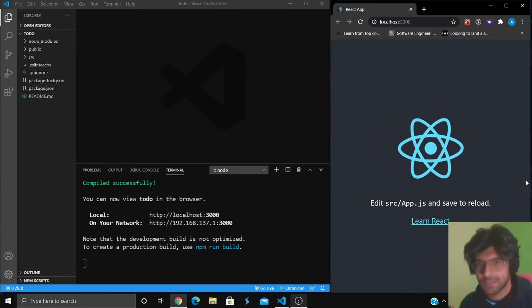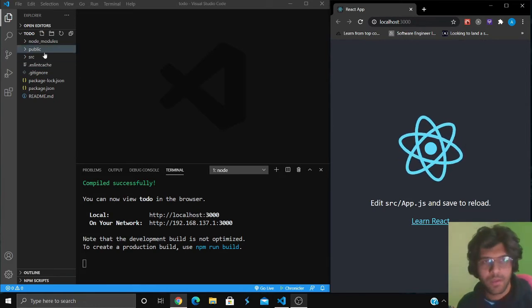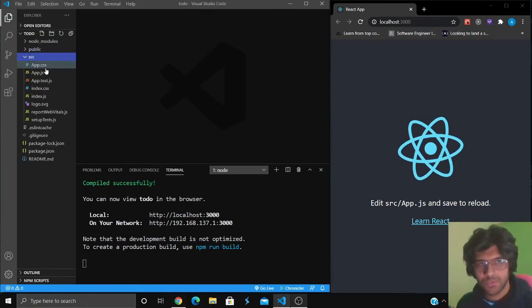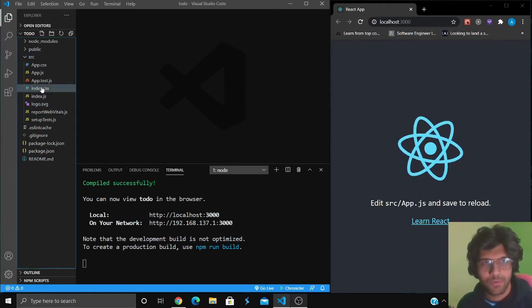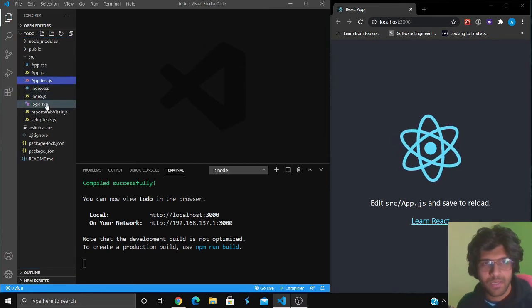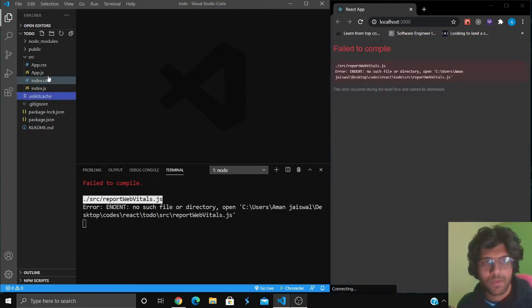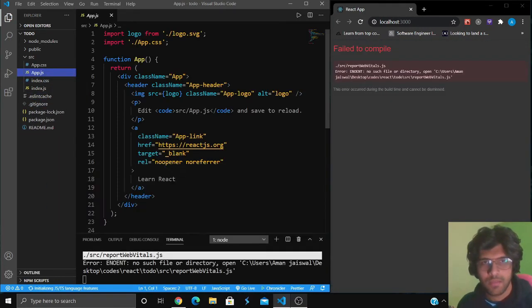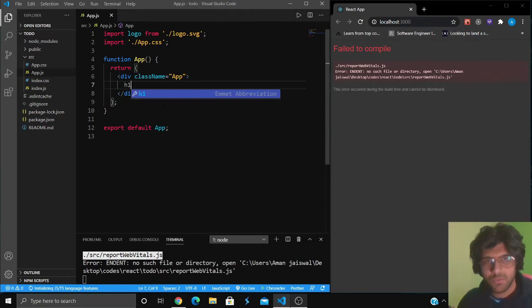You can see this is what's available inside this app. So I'm going to clean it up. So what you need to do is go to the source folder, and you need to delete a few files. So delete app.test. We don't need logo, we don't need web vitals, we don't need setup. So we'll delete these files. Okay, and then go to app.js. Everything inside this div, just delete this. Okay, and just give it an h1 tag of